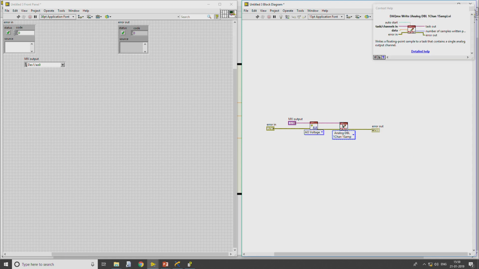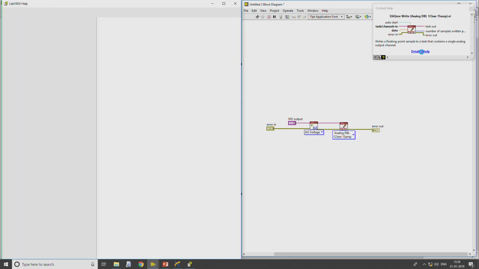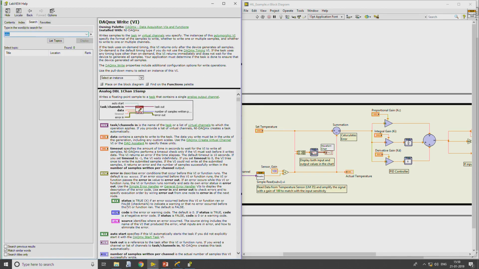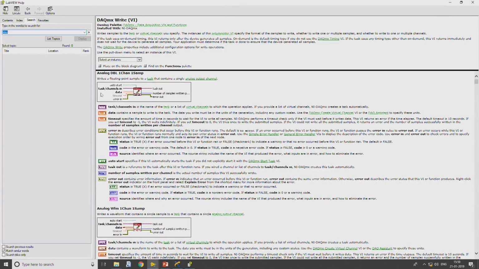The detailed explanation of this particular block can be easily seen here by pressing Ctrl H or going to the help window. This is just a summary, and if you require the complete help of this particular block, you can click on the detailed help. It gives you information about the module we have selected in LabVIEW. In this case, the bold indicates the compulsory terminals to be connected.